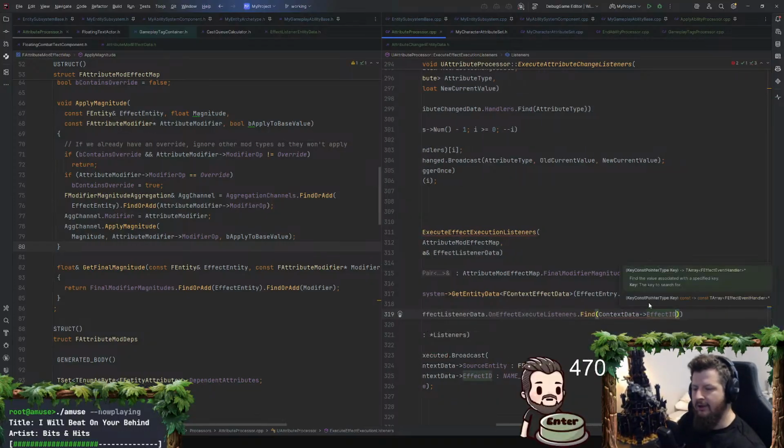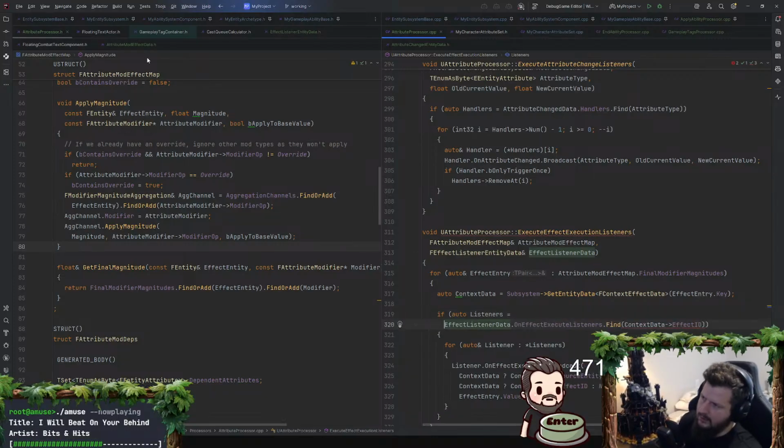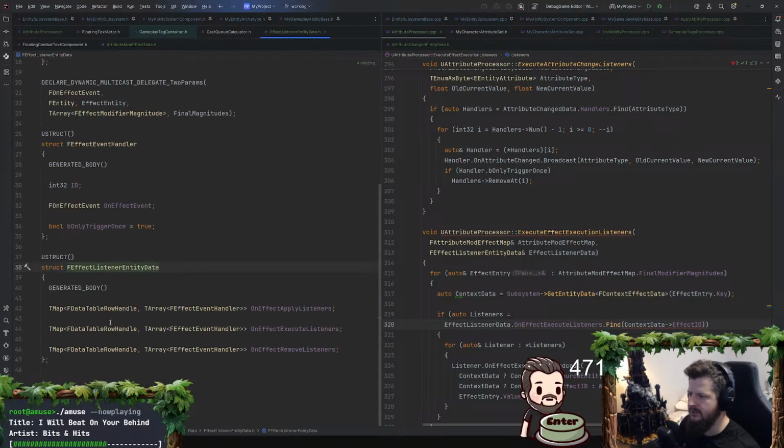Oh no, it's a data table row handle. I shouldn't do it like that. It should be FName, which I'm going to change for sure. That might be next on the list. The effect IDs, I think I want them to actually be classes.